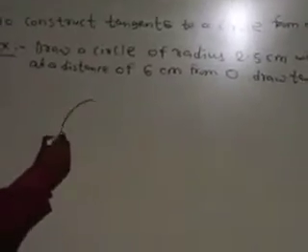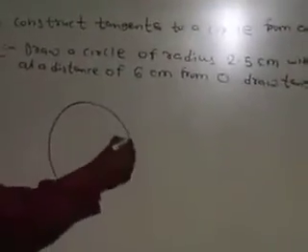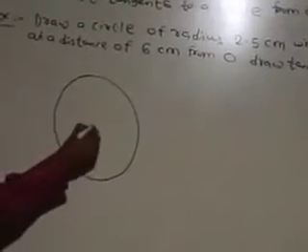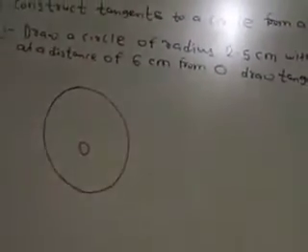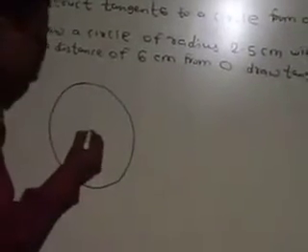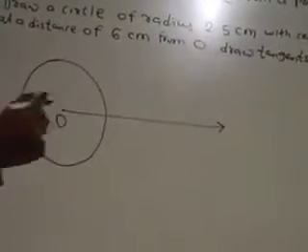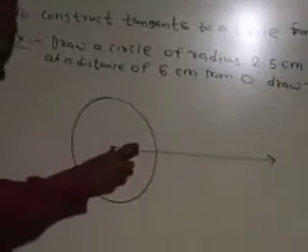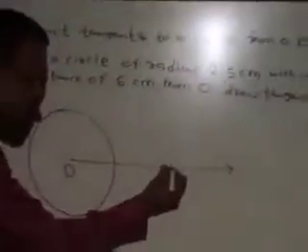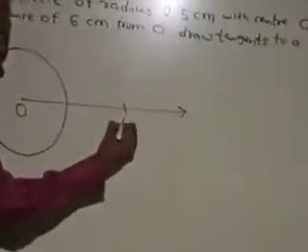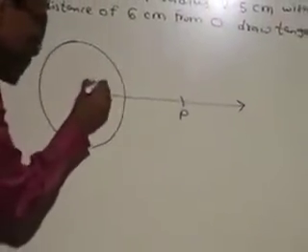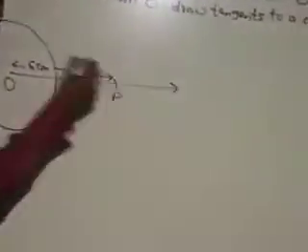First draw a circle of radius 2.5 cm. Give the point O here, that is the center O. From this O, draw a line, meaning a ray. Do not give point P here, because P is a point outside the circle. Distance is 6 cm. So take the compass distance 6 cm, compass at O and make an arc here. Give that point P. The distance from O to P is 6 cm.